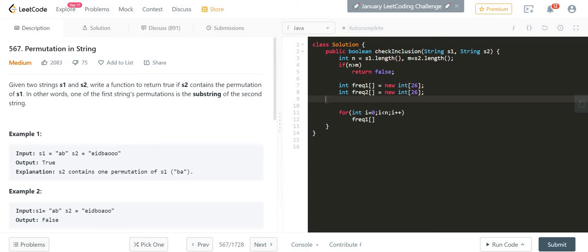So frequency 1, first of all, what is my s1 dot charAt i? Then minus simply 'a'. Then at this index, I'm going to increment it, so plus plus. Okay, so this is my frequency 1 table created. Now